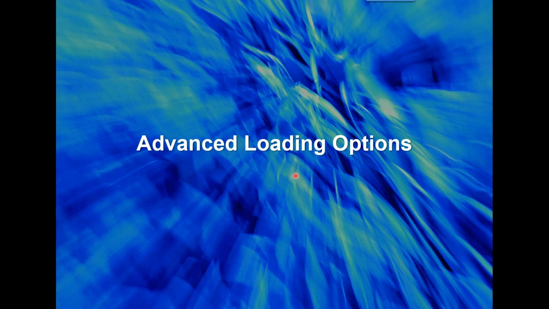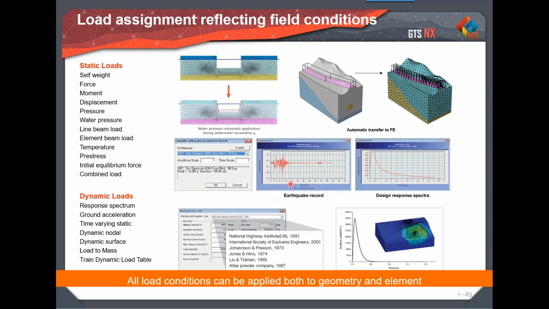And now, once the meshing is done, you can apply the loads. And the important thing is you can apply the load onto the geometry as well as onto the mesh. So sometimes we apply the load on the mesh, and all of a sudden we need to reduce the mesh size and so on. In such a case, if we delete the existing mesh, then the entire load will be deleted. So in order to overcome that, we have an option to go for load application on the geometry itself. So even if the mesh is deleted, there is no issue because the load has been applied onto the geometry. So when the analysis is done, the load will automatically be transferred to the mesh,